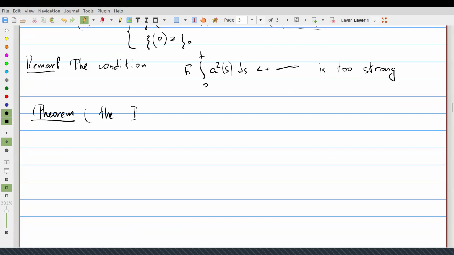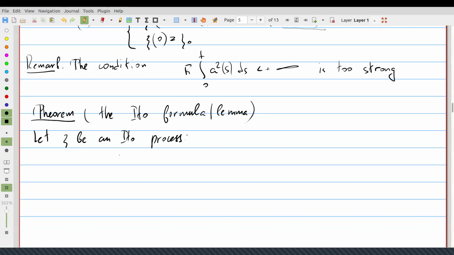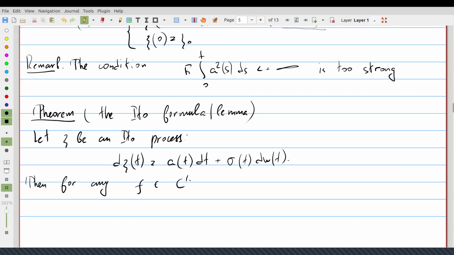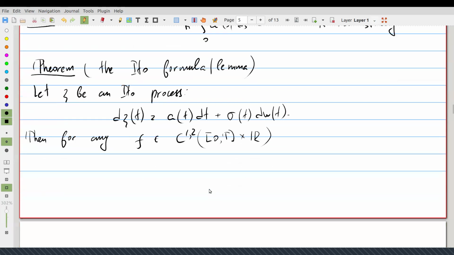So now we are ready to formulate the central result of the whole theory, which is the Ito formula, sometimes called the Ito lemma. It's still a theorem. So let psi be an Ito process of this form, a of t dt plus sigma of t dW_t. Then for any function f that is one time continuously differentiable with respect to t and two times continuously differentiable with respect to the space variable,